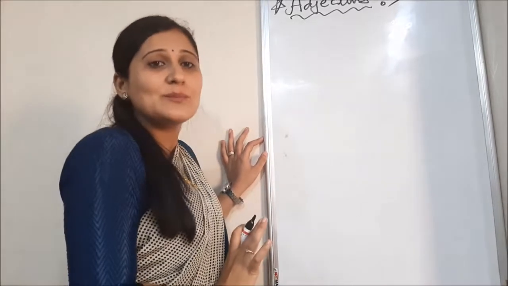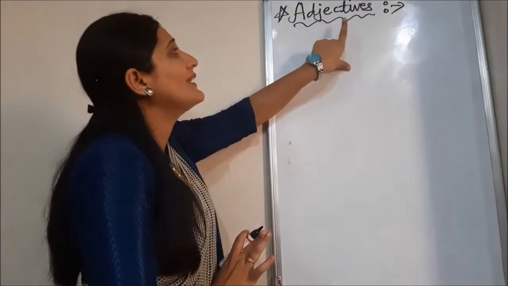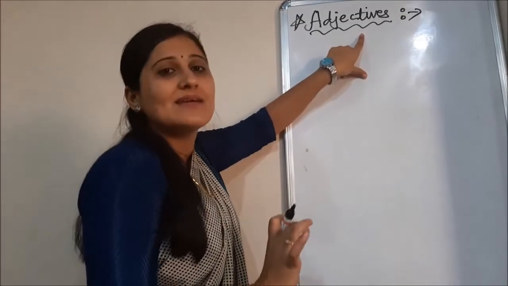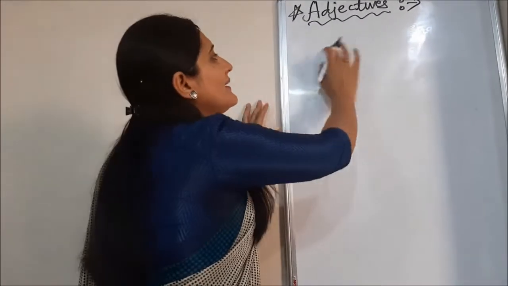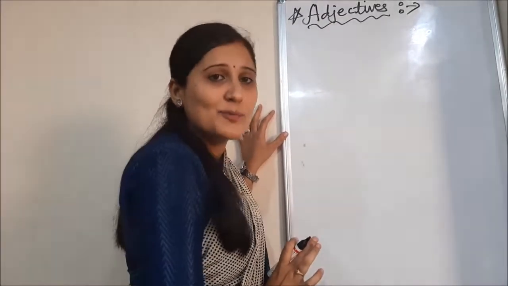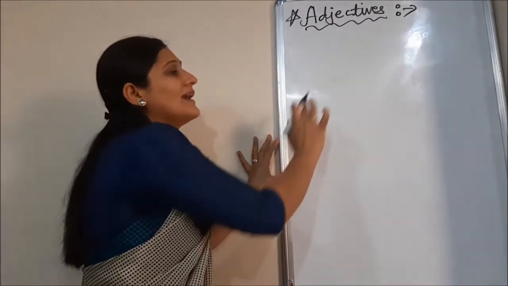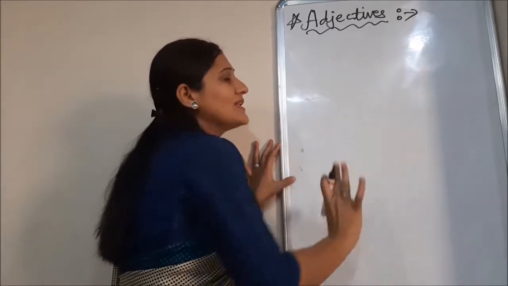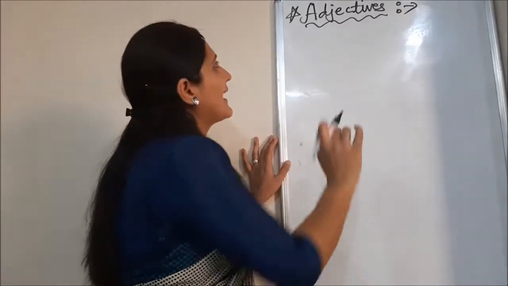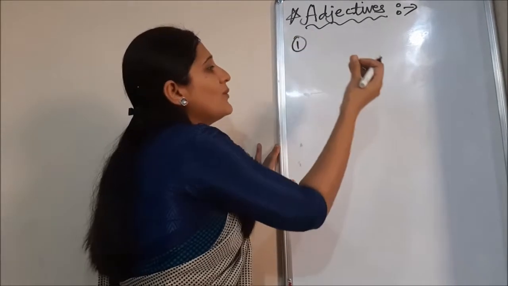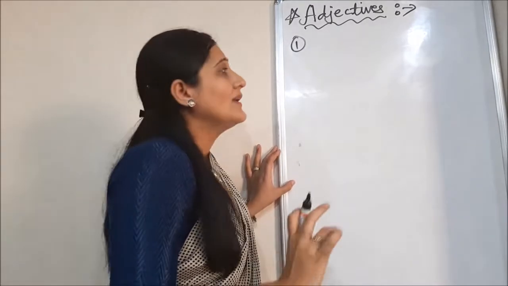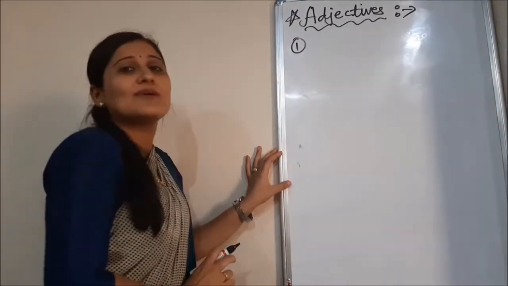Because what is most important? The adjective we need to find out anyhow from the sentence. And see, don't worry, after the three explanations and after my adjective explanation, I will explain how to turn from which degree to which. Those rules, if you remember, then no problem at all. Right? Now, there are 5 methods of adjective for the degree in English. So, let me start with the first one.